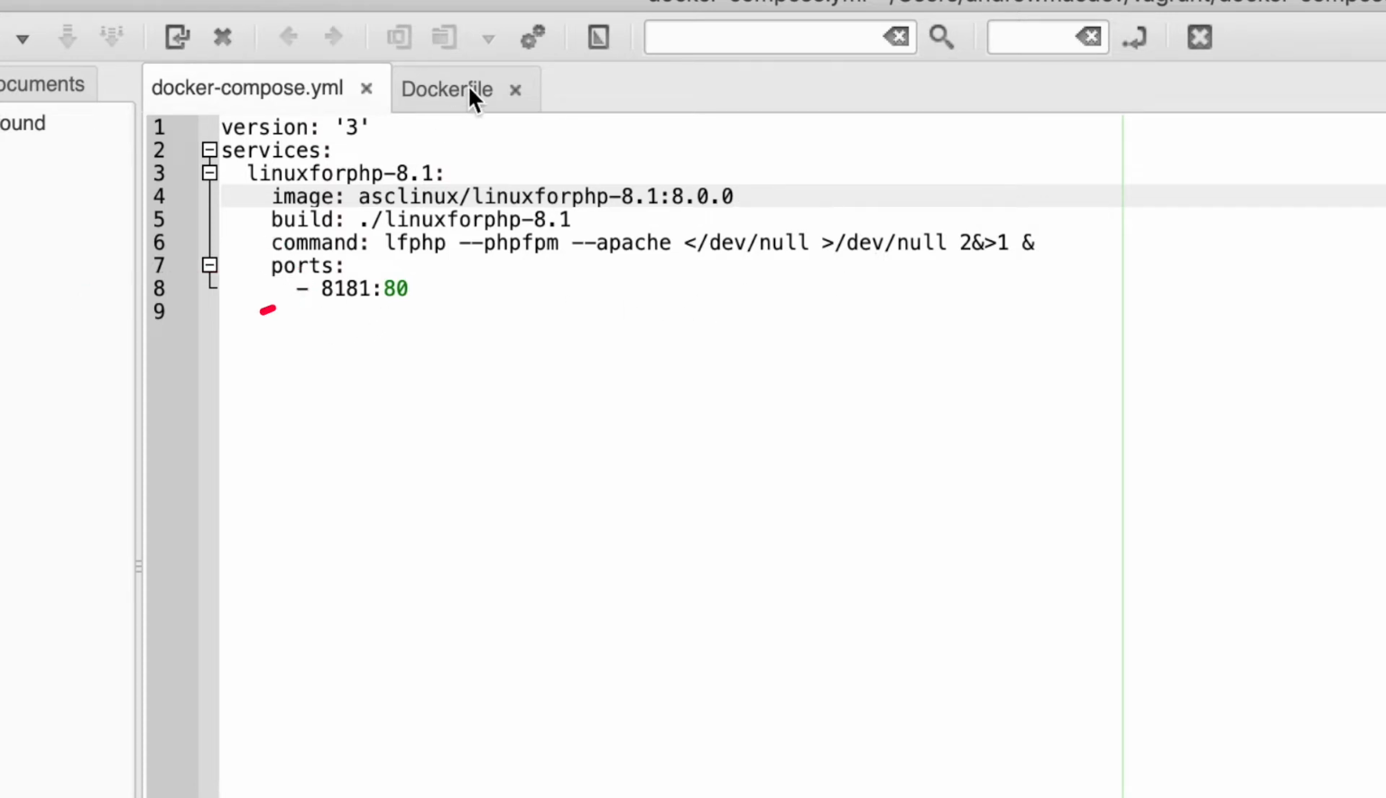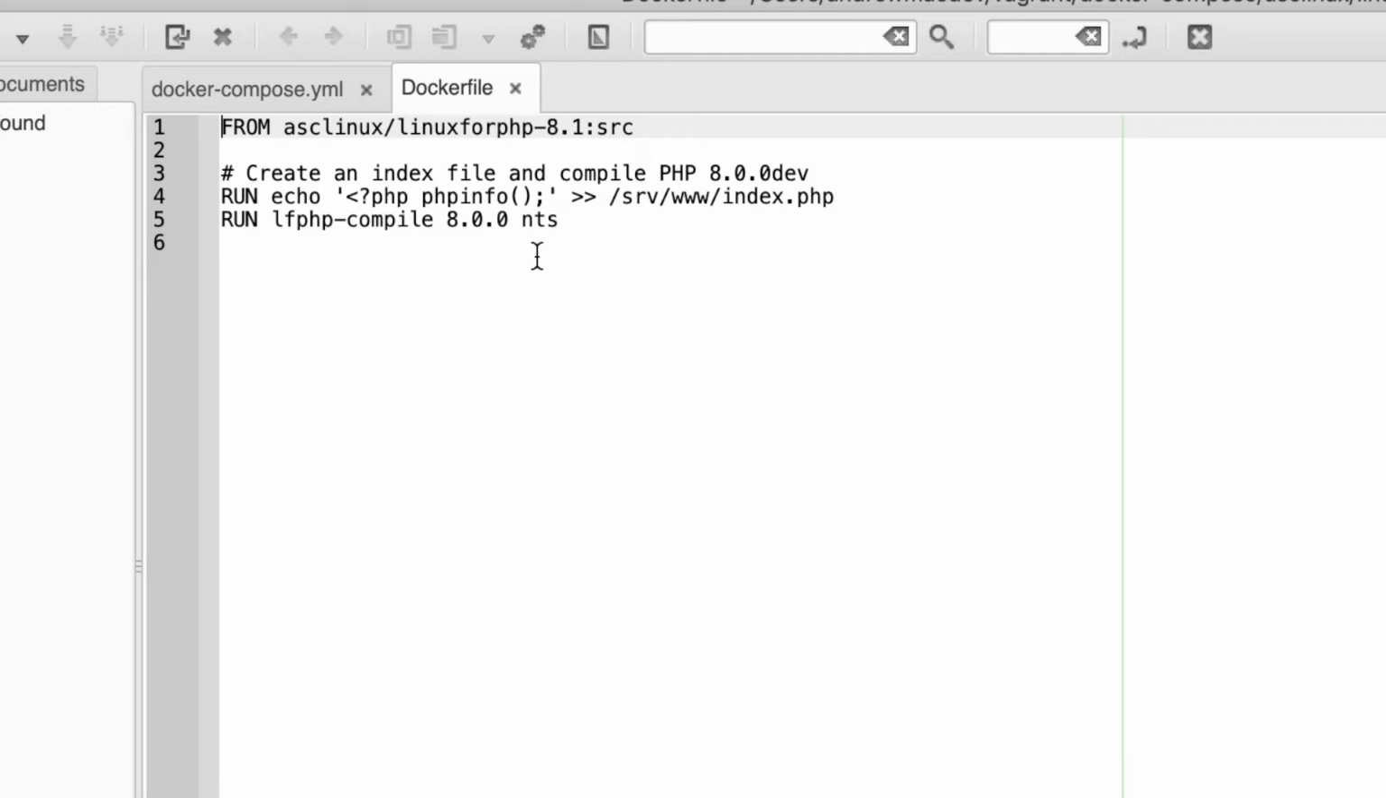If I look at my Docker file now, I see that I'm starting off from a version of Linux for PHP that is named SRC. This is the version of Linux for PHP you want if you want to compile from source, right? Then I'm going to simply echo a PHP info function in index.php file so that we can actually see the results. And from there, I'm going to run the command LfPHP compile